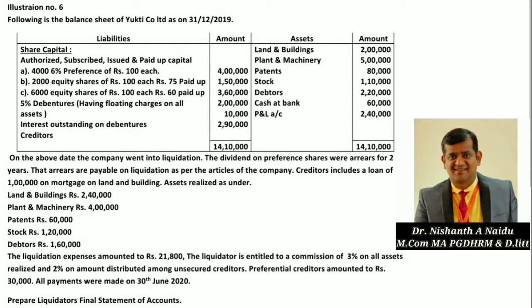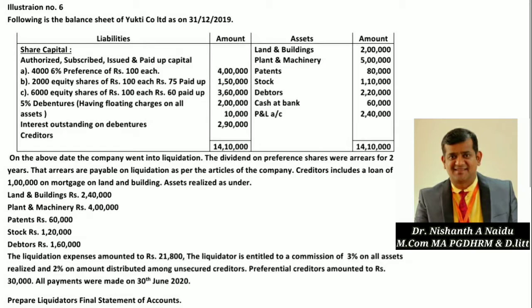Following is the balance sheet of Yukti Company Limited as on 31st December 2019. So that is the previous year balance sheet. Here we have liabilities and amount, assets and amount columns. On the liability side, the first item is share capital. Under that, authorized, subscribed, issued and paid up capital. Under that, point A says